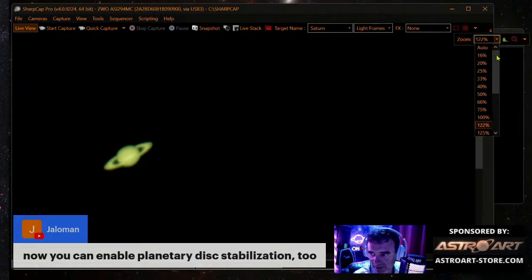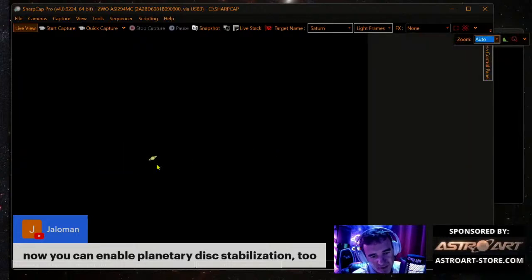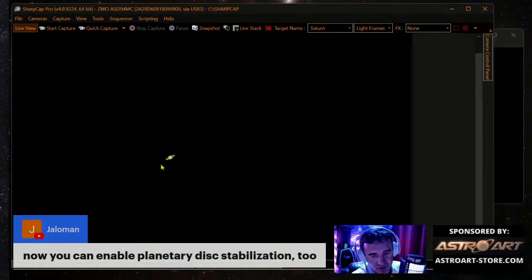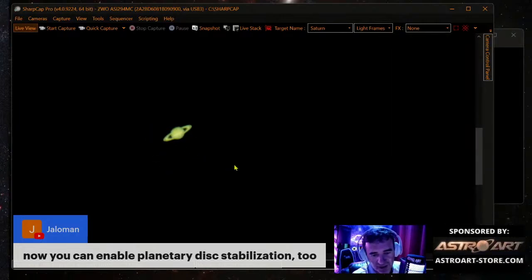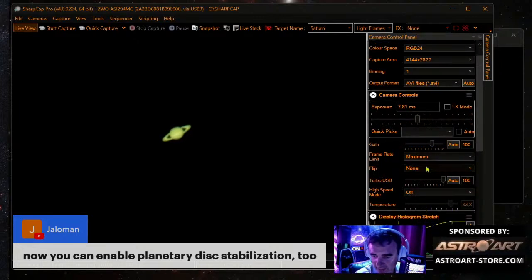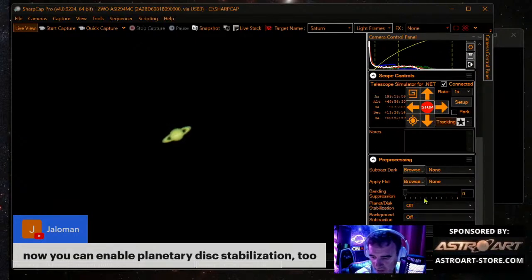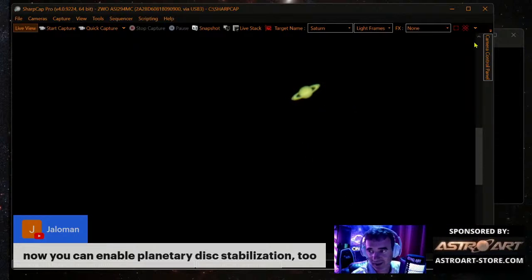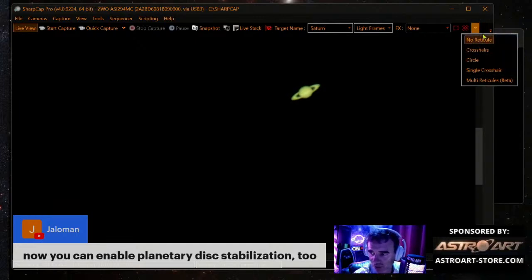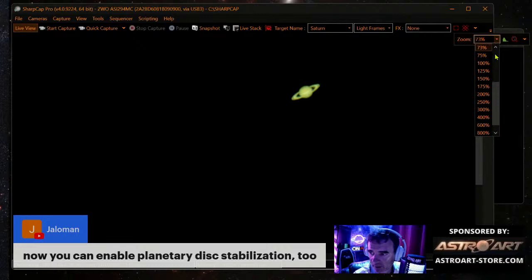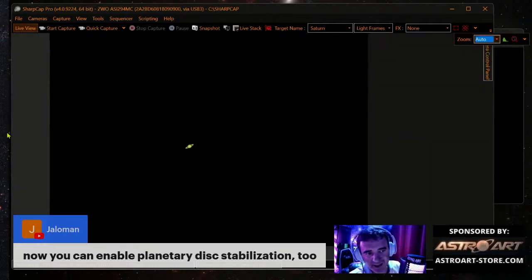And it's wonderful to focus. You can zoom a bit to focus. You go to the telescope and first you click here on the disk stabilization. Look how nice it is. You come down here, planet is on. Look at the planet. It's static, completely static. What's moving? It's the frames. I will show you. It frees the planet and it moves the frames. I don't know how to explain. It's still moving, but SharpCap holds here and it's freezing.